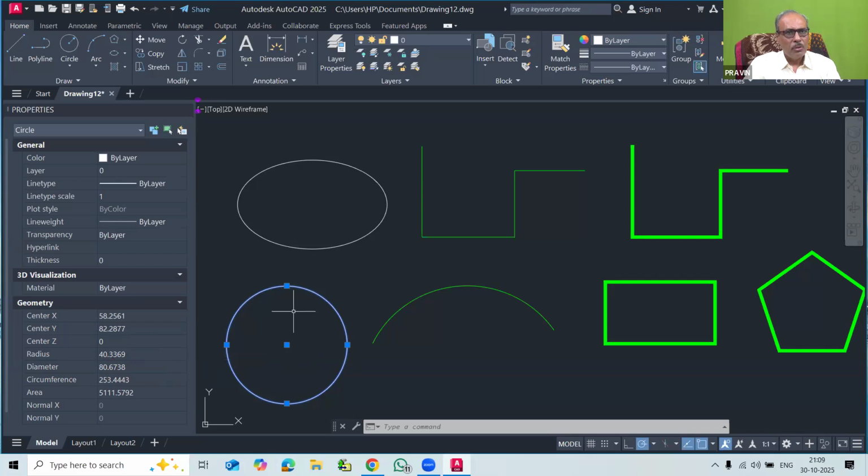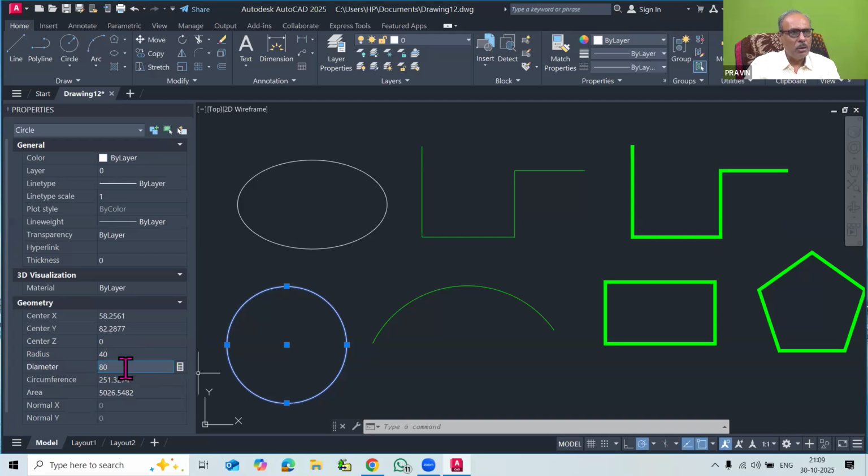Now the radius of this circle was shown as 40.3369. I want to make it exactly 40. So you can click here, select this whole object and type 40 and press enter. You can check that the size was changed and it became exactly 40.